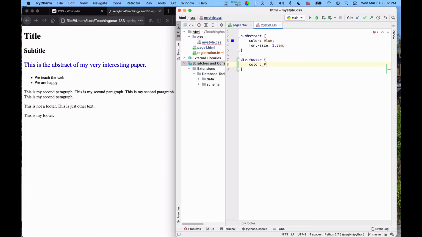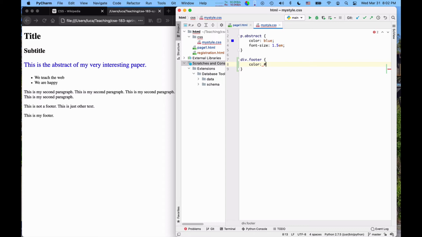You specify the colors using this hexadecimal notation in which you say what are the values of the red, green, and blue, where each pair of RR, GG, and BB is the hexadecimal value of the intensity of the red, green, and blue.